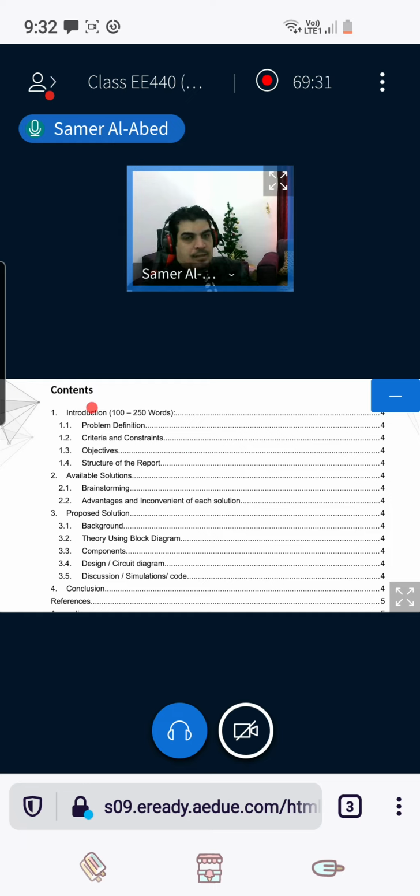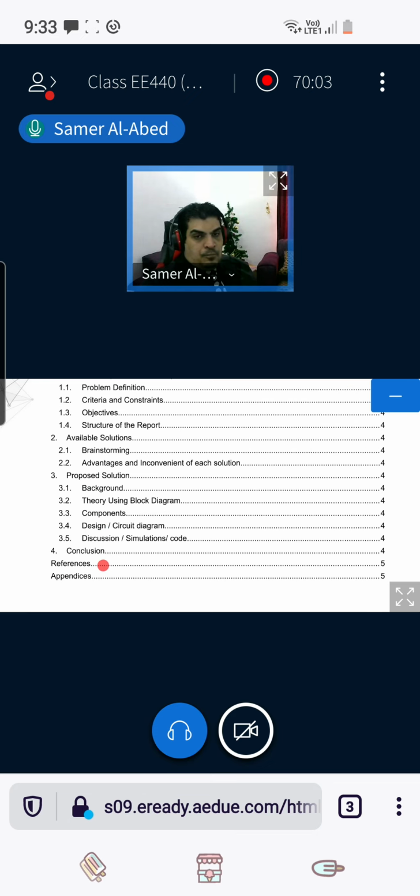So again, the table of contents. The table of contents should be exactly like this. It's not allowed for you to change the text. It's not allowed to add anything. It's not allowed for you to add or remove or modify or, for example, change the text, the font of the text, or change the size of the text or anything like this. I will explain these steps. So let me go through the table of contents step by step.